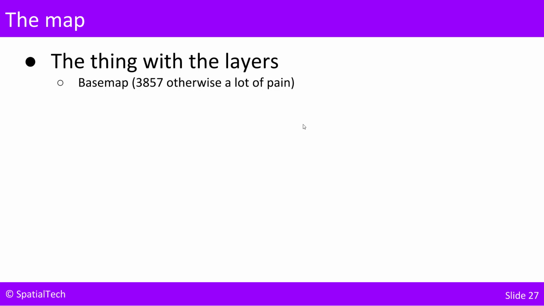And so even in a product like ArcPro, which has a new facility in it for just making base maps, those base maps have to be in 3857. And I've even posted on GeoNet, is that the way it's going to be forever, or do you have the ability to do what I would call a local base map in a different projection? Because if that's the way it's going to be, then